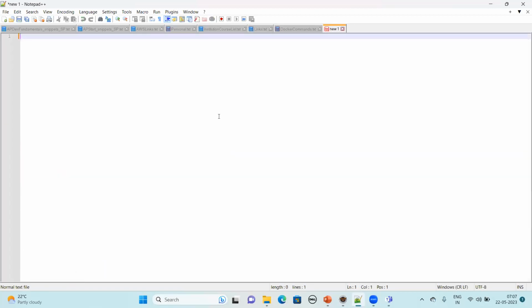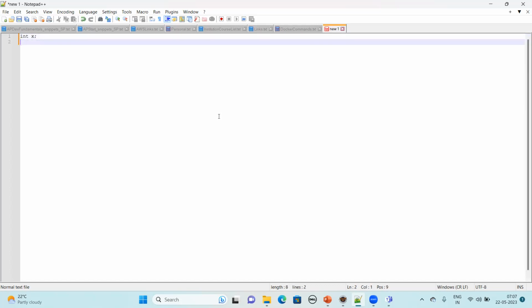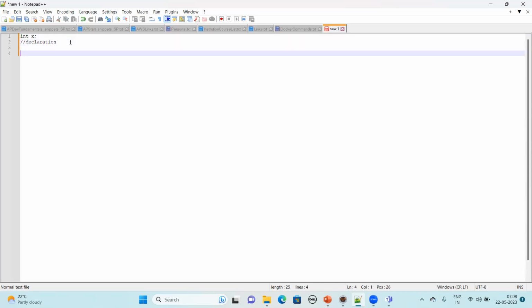If you look at this, int x, I have just declared a variable. This is called a declaration. You are giving the data type, declaring what type of data it is supposed to hold. Integer x is going to store values of type integer. So we just declared the variable. Next thing is